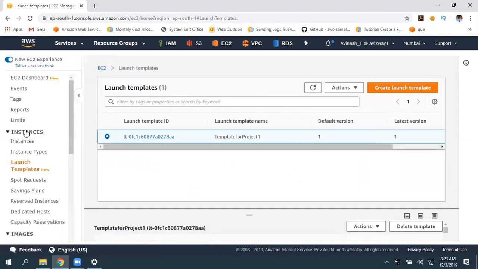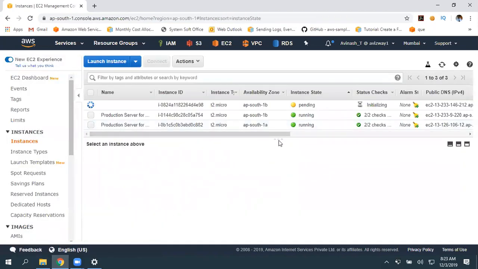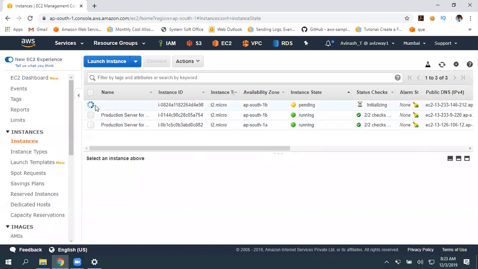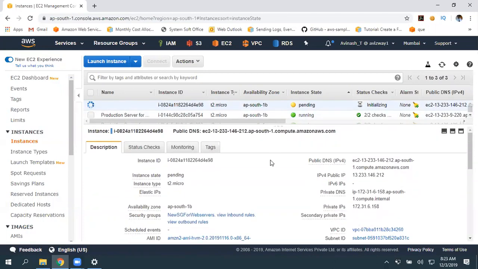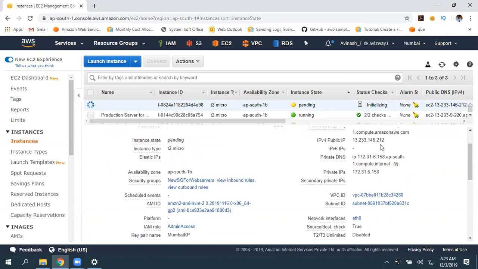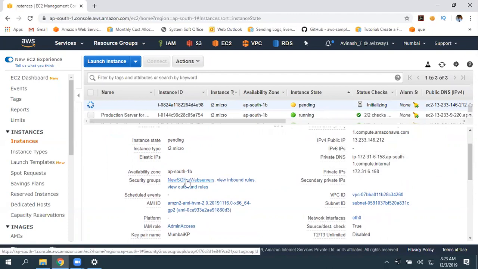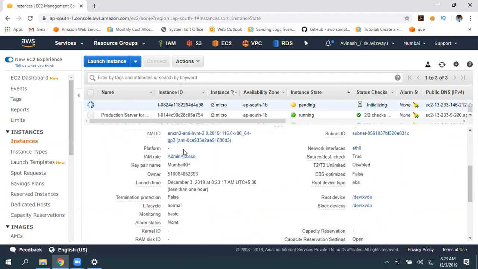Then you launch the instance. So immediately you are going to get a new EC2 instance. And it is going to get all the configured settings. So one NIC card is going to get, and this is going to contain this particular public IP address. And here you can see that security group and T2 Micro is selected, Mumbai key pair is selected, IAM role also selected. So based on your requirement, you can create templates. So instead of creating everything manually, launch all your instances from your templates.